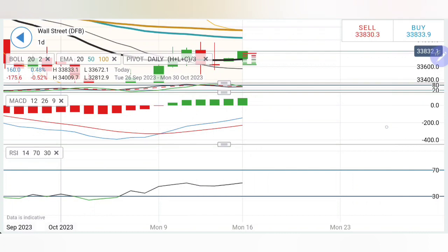So looking at this, I will recommend you to buy Dow Jones at 33,840, expect 33,880, 920 as the first resistance zone, then 960 and 34,050 are the two major targets which it would like to achieve. This time it is going to break 34,000 and not reverse from 33,960. That is my expectation. On the upside, beyond 34,050, certainly more bullishness may prevail, where one can look forward to